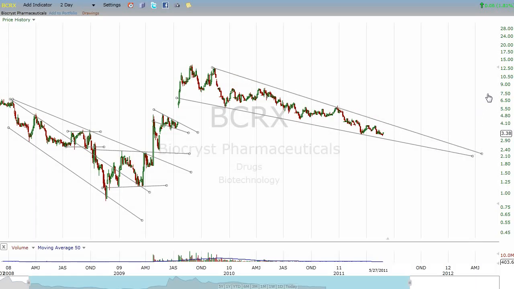Even when they break out, they have a tendency to come back for a series of back tests and just still keep going down. But the BioCryst gives us a good opportunity to look at what is a consolidation and what is a reversal. Why do we get these back tests? Why do lines of resistance continue? Why do lines of support continue? And plus, I'll remind you, if you were looking at this on an arithmetic chart, good luck, because it gets a little screwy looking. This one holds together better than some, but it still gets funky.